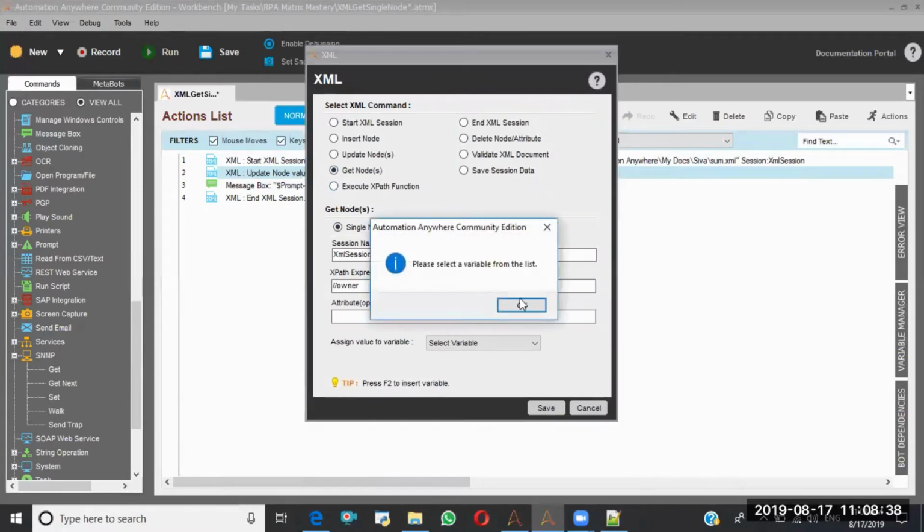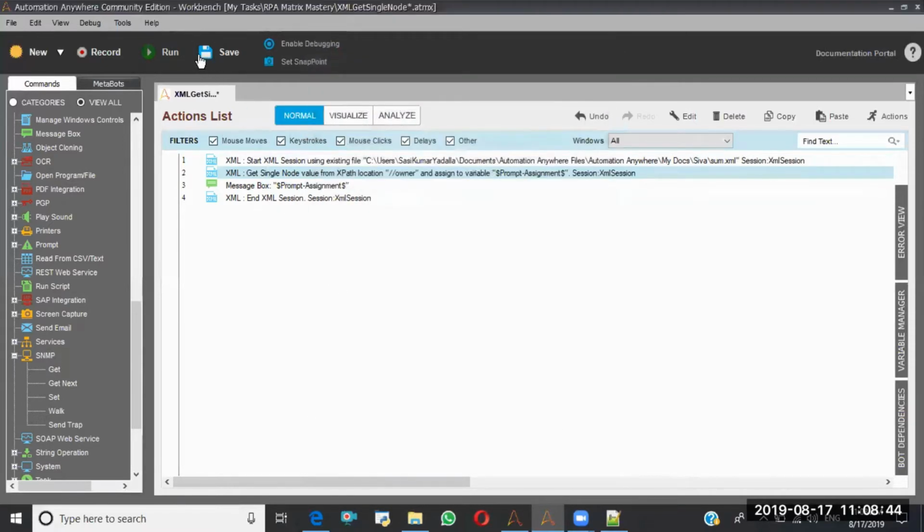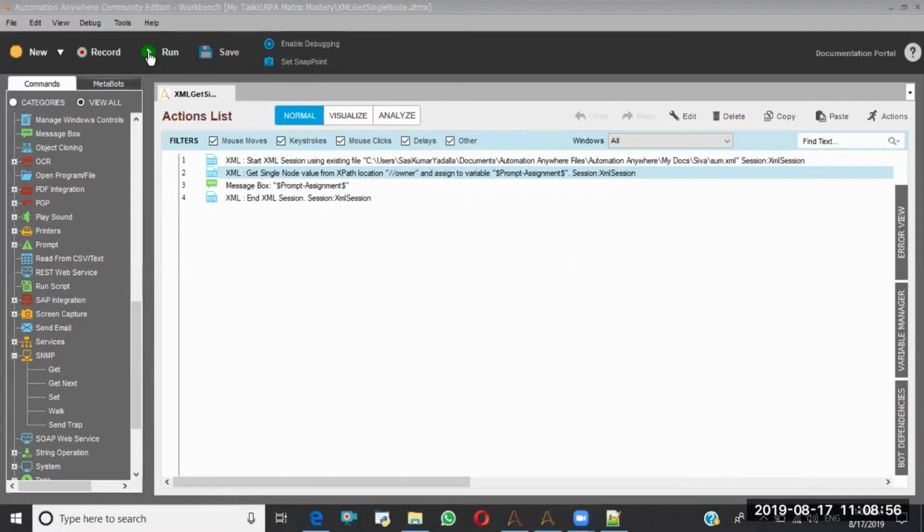See, here I need to click for the prompt assignment. See, Shashi came. Like this, we will be able to extract the node values by using XML.